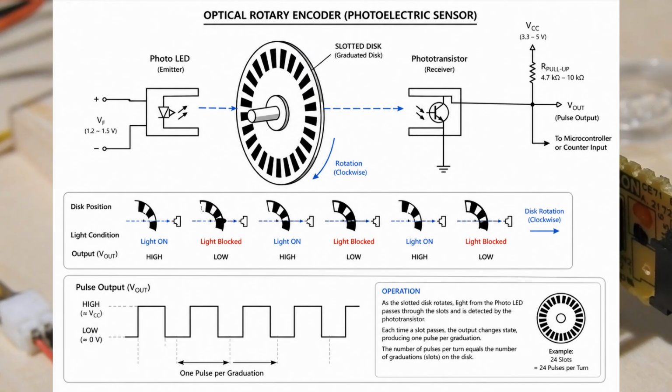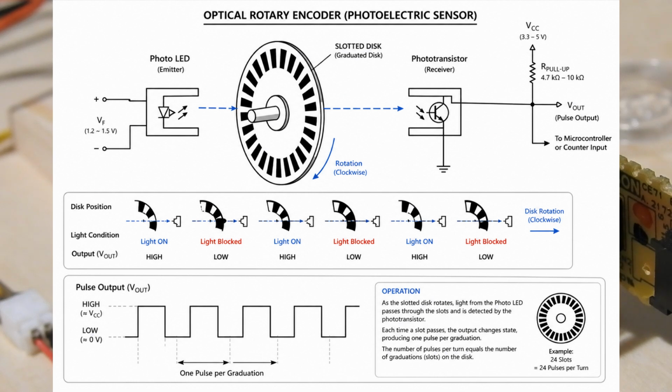Each transition between light and dark generates one pulse or one edge that can be counted by a microcontroller, PLC, or electronic counter. Pulse counting. If the encoder disc contains n equally spaced slots, one complete revolution produces n pulses. For example, 20 slots produce 20 pulses per revolution, 60 slots produce 60 pulses per revolution, 100 slots produce 100